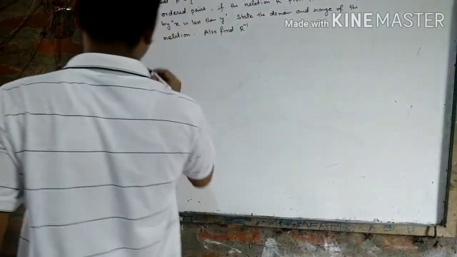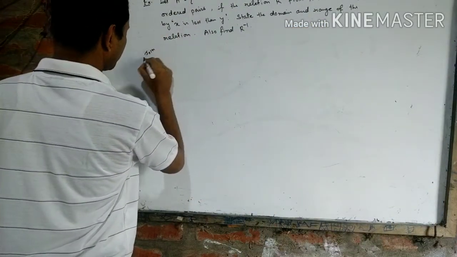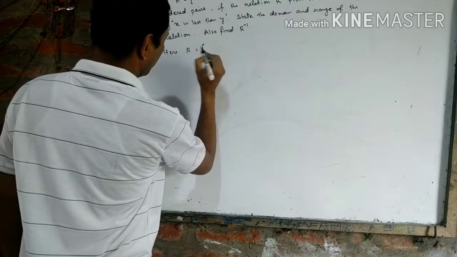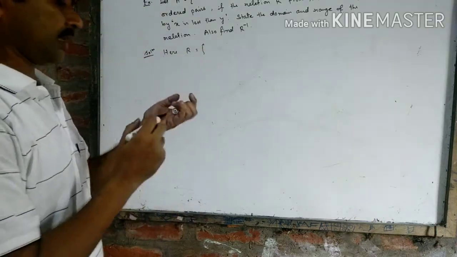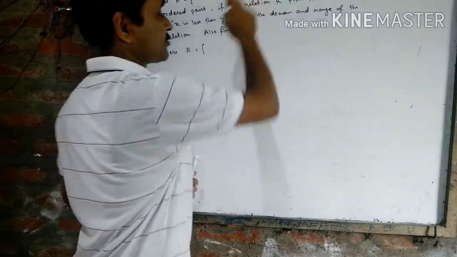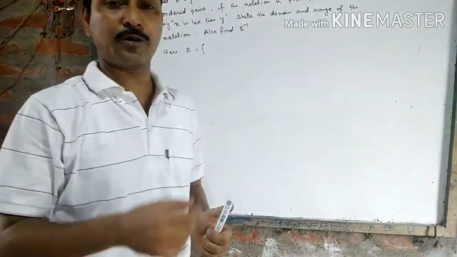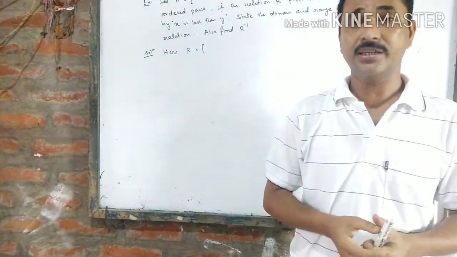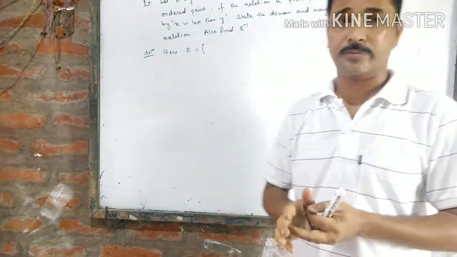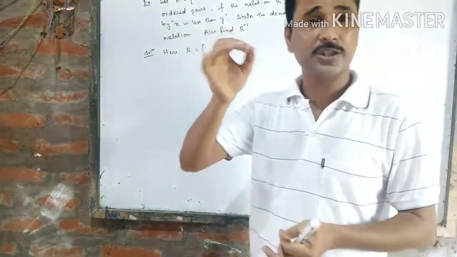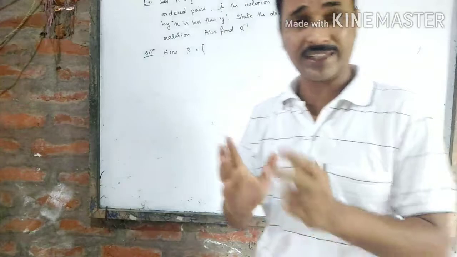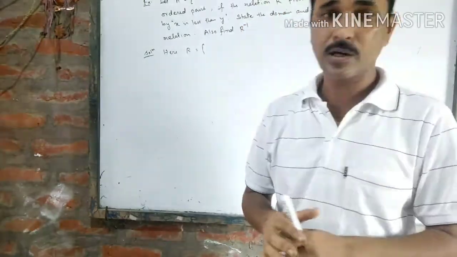First of all, let us form the relation. Here, R is equal to x is less than y. If we take 1 as y, is there any element in A which is less than 1? If we take 1 as the value of y, then x has to be less than y. Is there any element in my set A less than 1? No. So there will be no ordered pair with 1 as the second component.